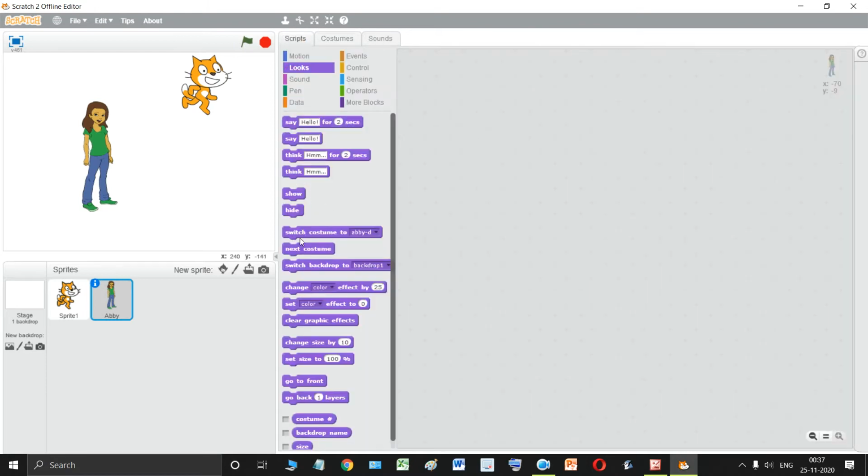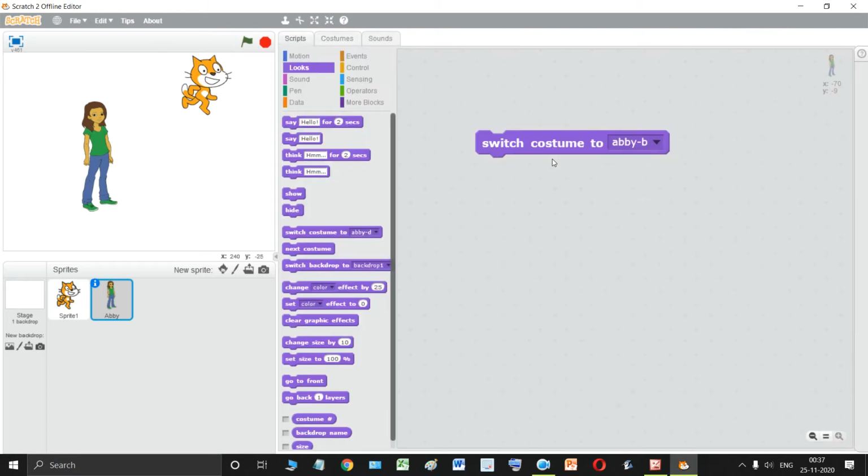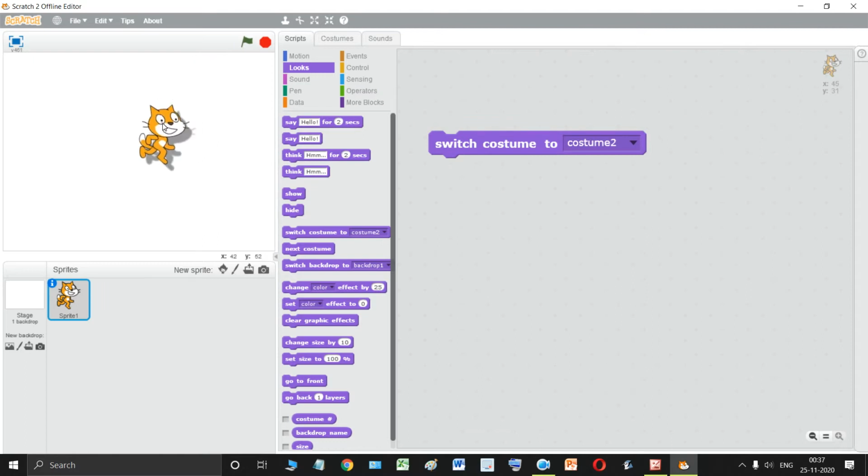So if I bring this switch costume to, suppose, Abby D, and if I click on this, you see that this is the D costume of Abby. The D costume has been selected. If you want to switch to B costume, then you need to just click. So see, the posture is changing, but the clothes are not changing. So this is the first block, that is switch costume to costume 2.